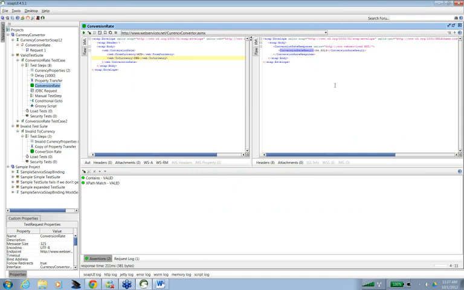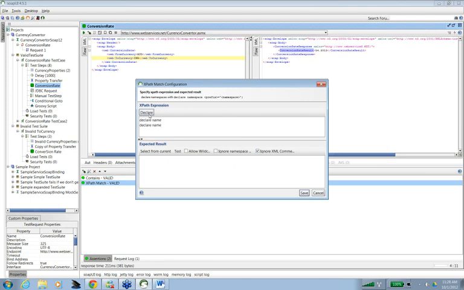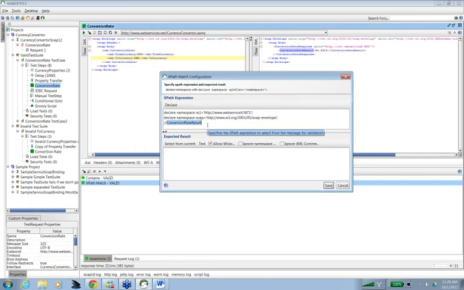It should give this XPath. Still it is saying some error.